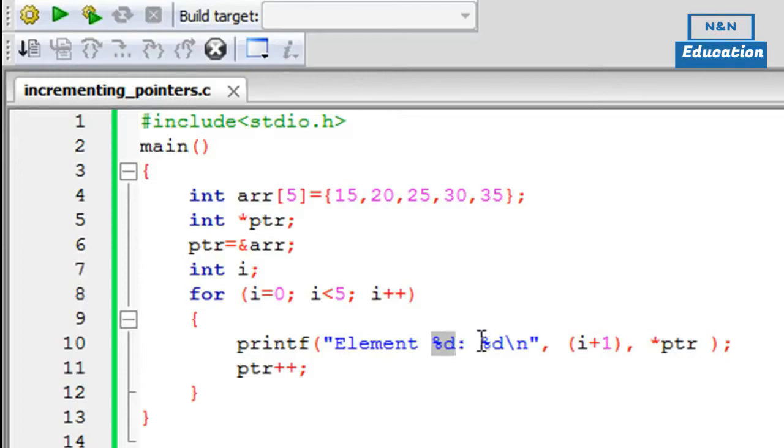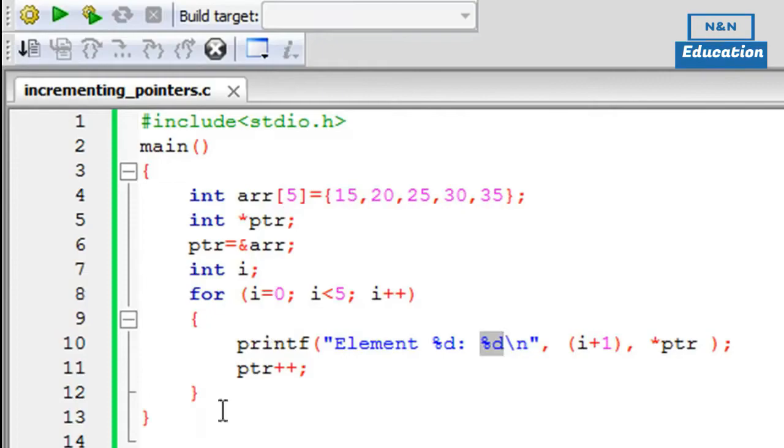Then I have another %d format specifier, which is going to be replaced by the element value. ptr currently points to the first element of the array ARR. When you put the asterisk symbol before the pointer name, you get the value contained in the address in the pointer ptr. The pointer ptr holds the address of the first location held by ARR, so 15 would get printed.